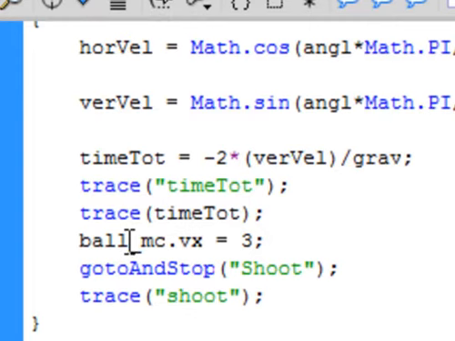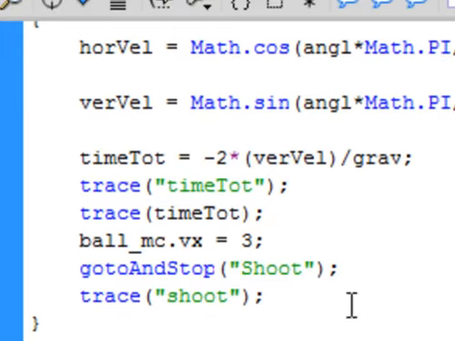Ball underscore MC, that's our movie clip Ball, period, VX, that's a parameter we're going to set when we shoot this thing, equals 3, semicolon, and also gotoAndStop, open bracket, quotation mark, shoot, close quotation mark, close bracket, semicolon, and at the same time I'm going to trace, open bracket, quotation mark, shoot, close quotation mark, close bracket, semicolon,